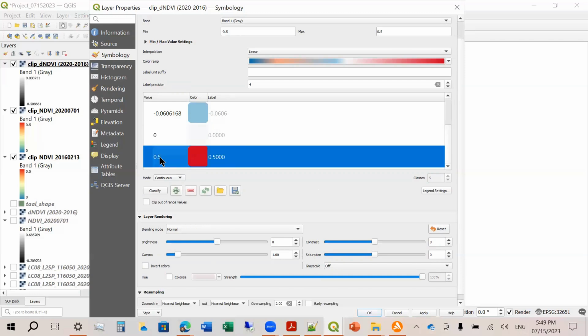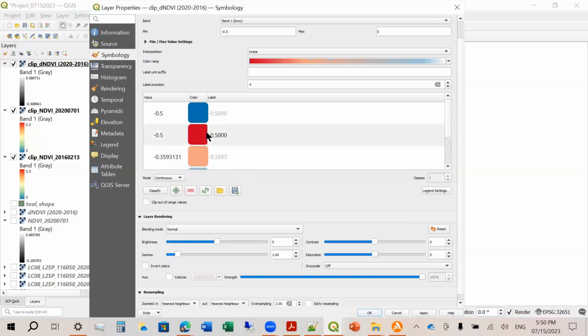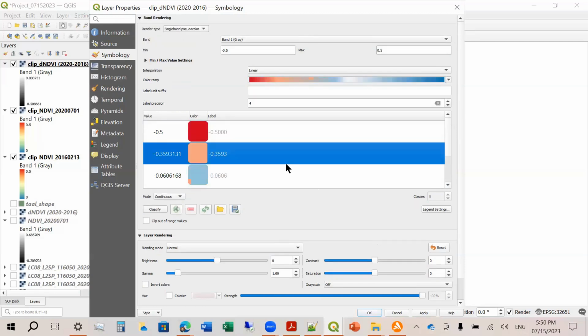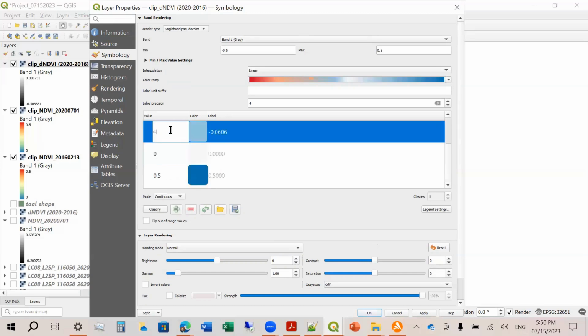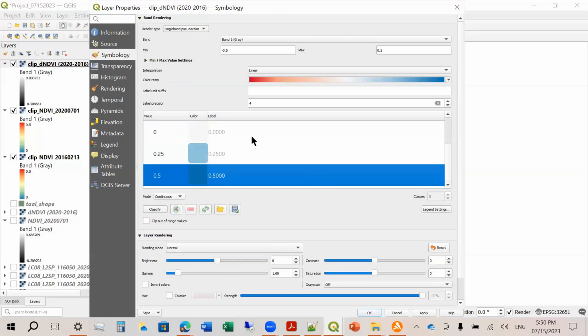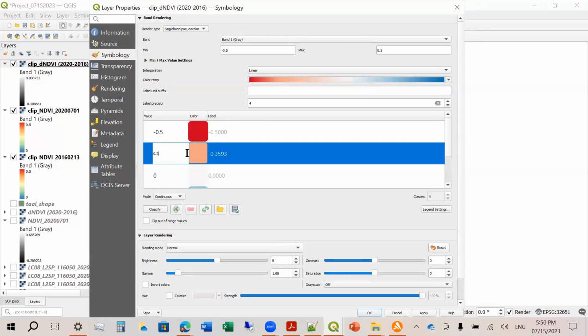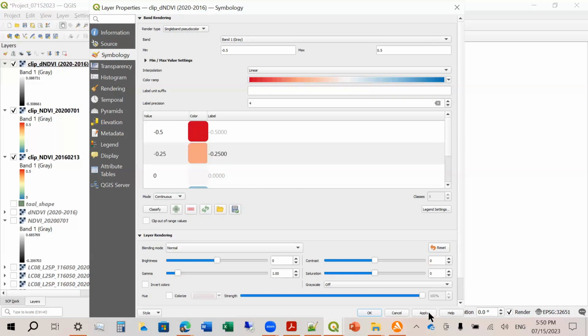So difference should be, okay, this is negative 0.5. Blue is 0.5. Okay, and then white is 0. Okay, light blue is 0.25. And then light red is 0.25 minus. Okay, and then apply.